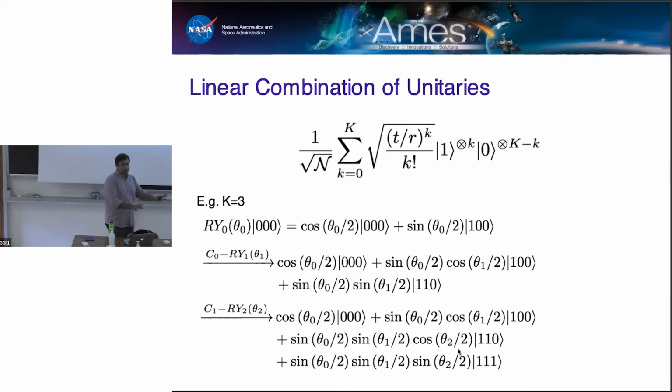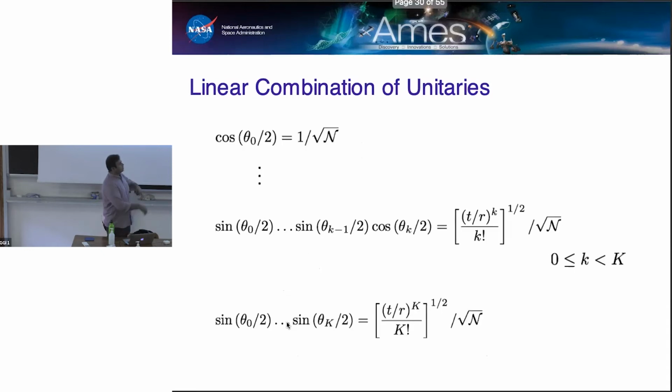And a completely general amplitude depends, of course, on several angles. But the nice thing, the reason why this works, is because I can now, first of all, fix that very first amplitude, right? So in complete generality, it would look something like this, right? And so the idea is that I can fix what that very first angle theta naught is by simply matching whatever cos theta naught over 2 has to equal, this normalization factor. And then, one step down, I'll have something like sine theta naught over 2 times cos theta 1 over 2. And that's going to equal the square root over the normalization factor.